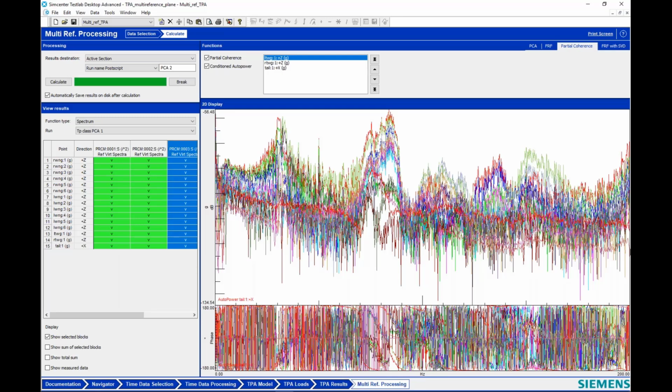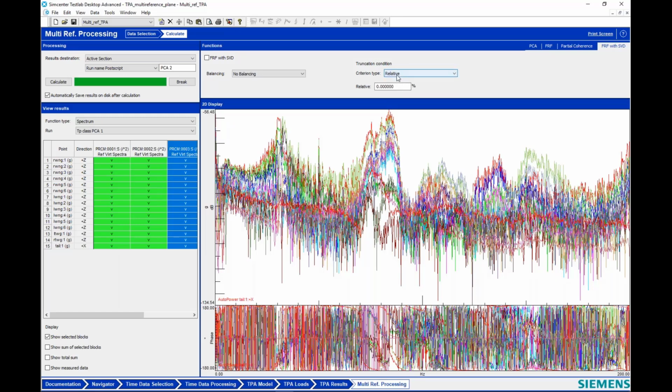The other thing that's nice is FRFs with singular value decomposition. Here we can calculate how many principal components we have in that cross power data, and then decide to use that when calculating the FRFs, and we'll calculate those FRFs with singular value decomposition. And if our condition number is bad, we can remove some of the singular values with this treatment here. I can remove a fixed number, a relative number, or an absolute number of our singular values. So this is very similar to matrix inversion.